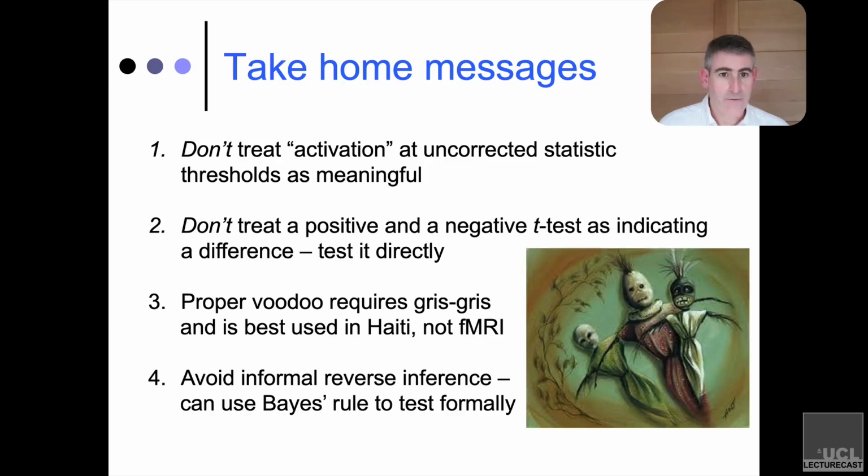Be very, very careful about actually testing for differences if the differences are what you're interested in. It's not sufficient to say this condition is significant and this condition isn't, therefore there's a difference. That's a thresholding fallacy, and it's very easy to get around it and do it correctly by using a paired t-test, or looking for the relevant interaction term that indicates that statistically these two conditions are not the same.